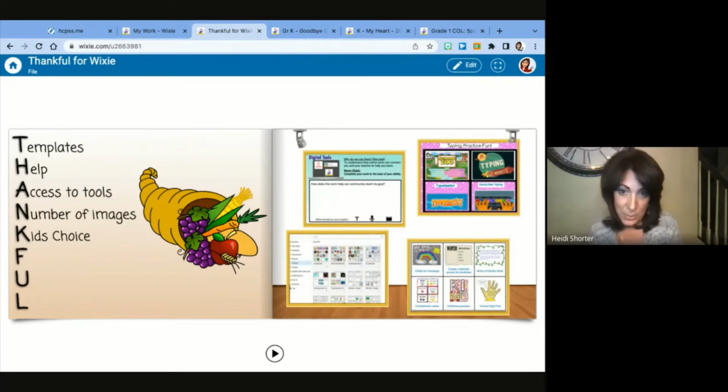So K brings me to different ways that kids can choose. And so we all know right now that voice and choice in anything that kids are doing for learning is very big. And there are so many different ways to add choice to Wixie. So here, where you see the digital tool little picture at the top of this template, we were talking, again, this is all digital citizenship, and it was with second graders.